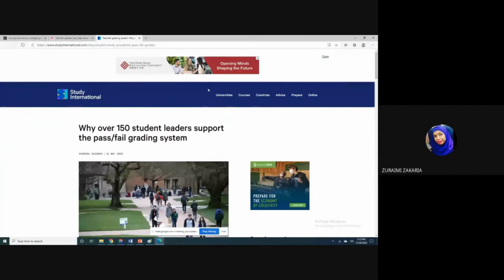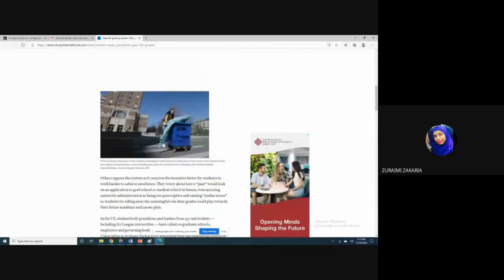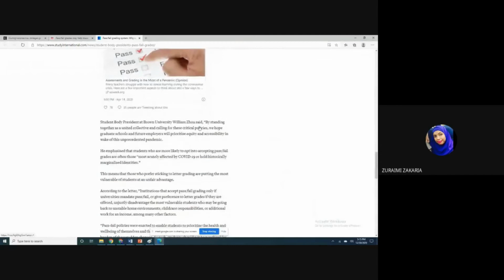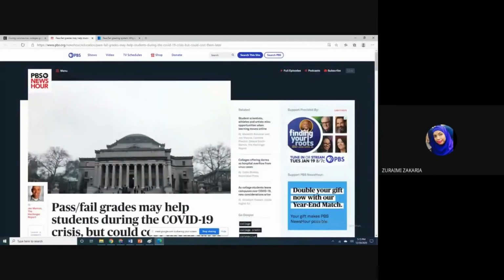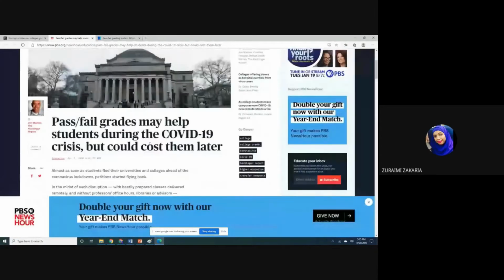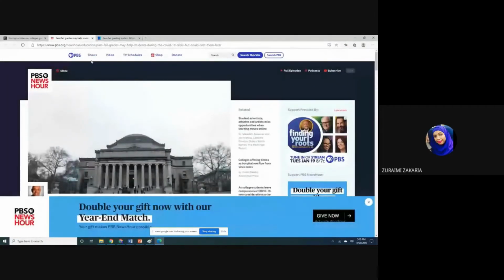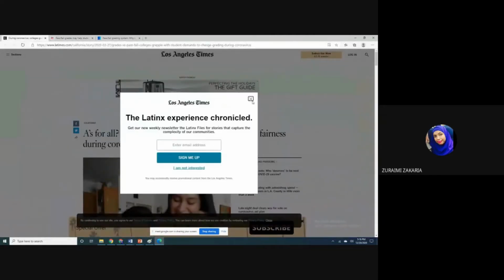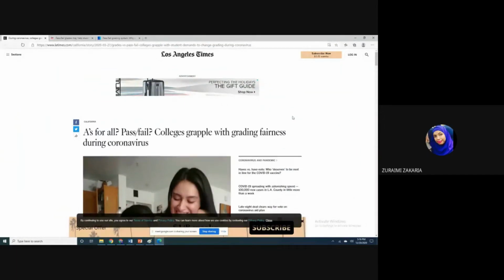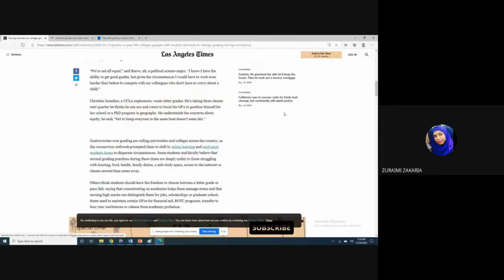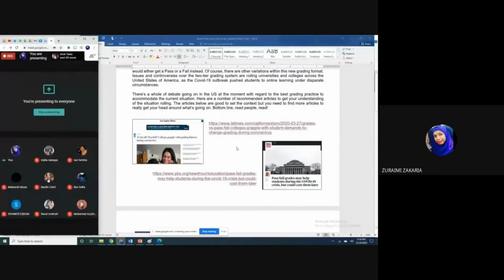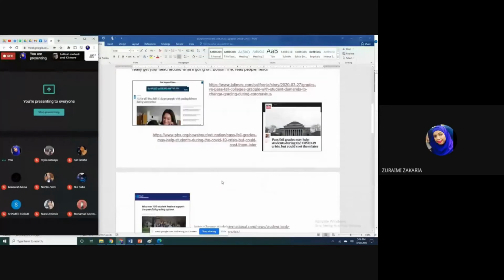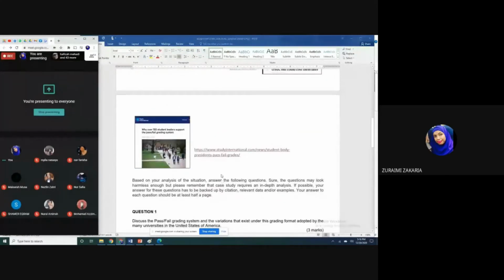I'm going to show the articles here. These are all news articles. Talks about how the students feel, what were the initiative taken by the student bodies, and also what were the issues and challenges faced by the lecturers as well in grading the students. Okay, so should be interesting read. Will reading these 3 articles be enough? You have to read more.